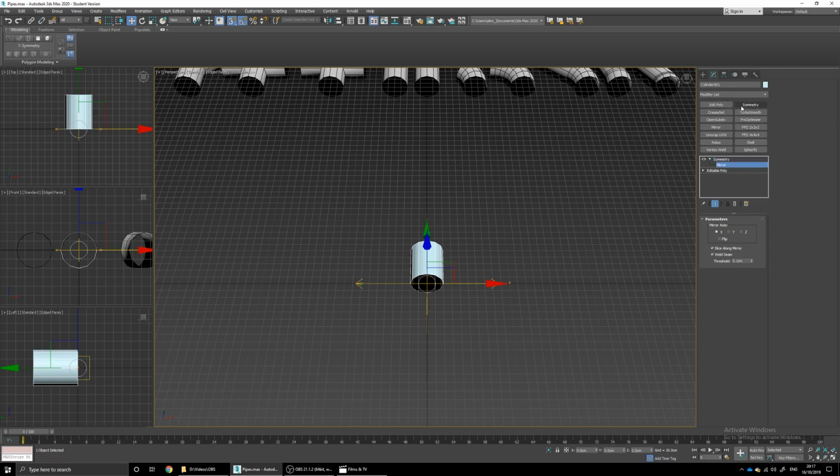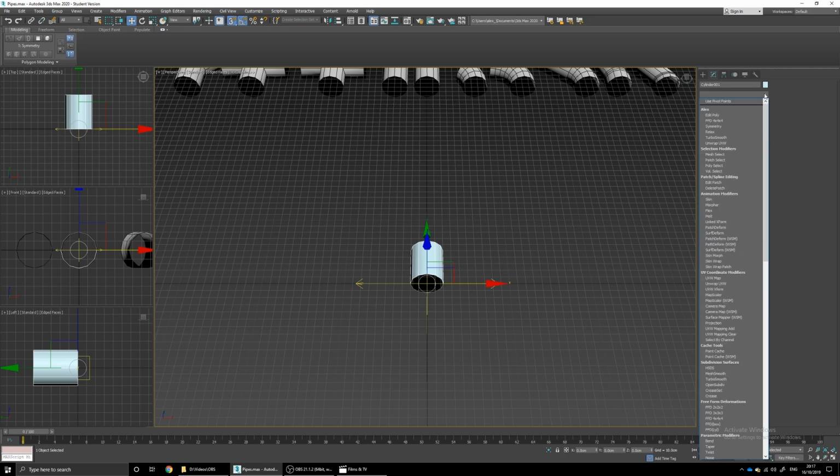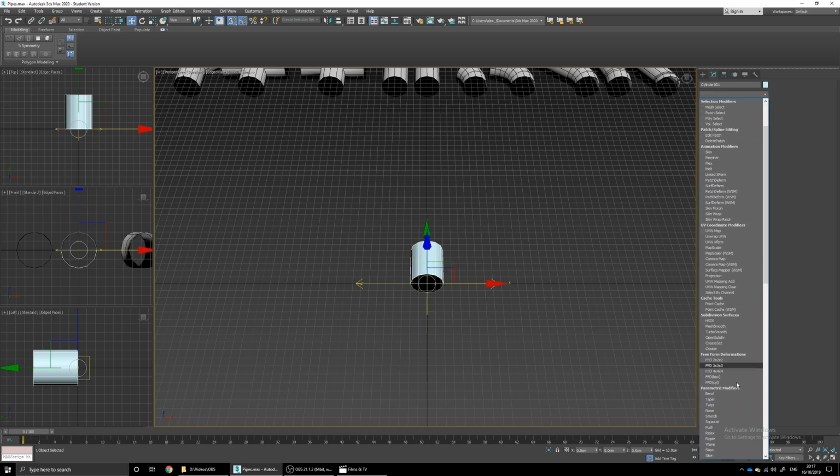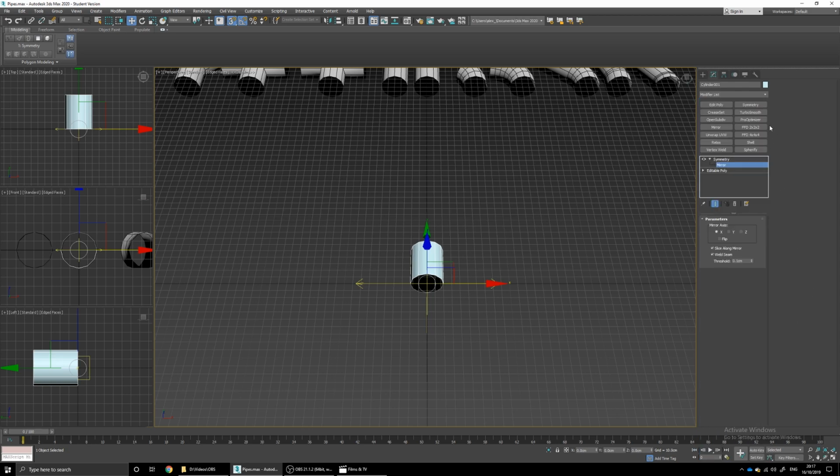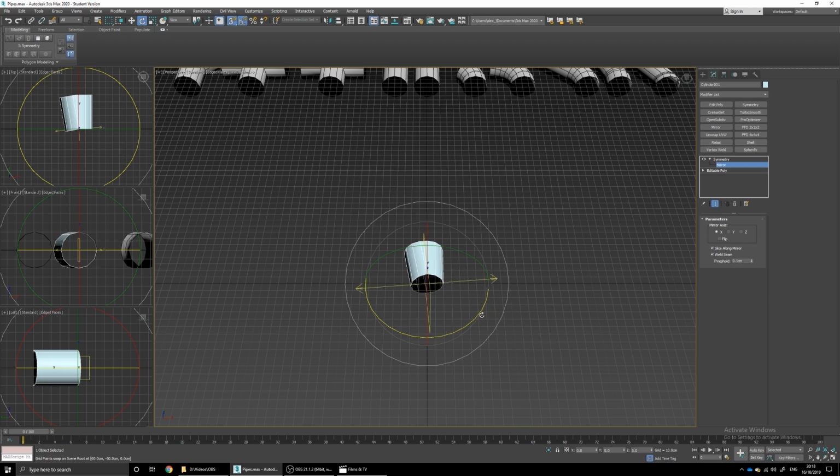So for you guys who don't have some modifiers selected here, we can drop down this menu and locate it. I've just created a shortcut for myself. So with mirror selected of the symmetry modifier, we can rotate this around,